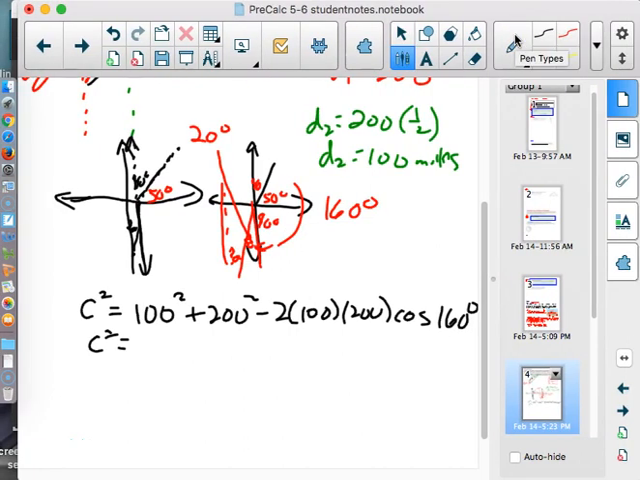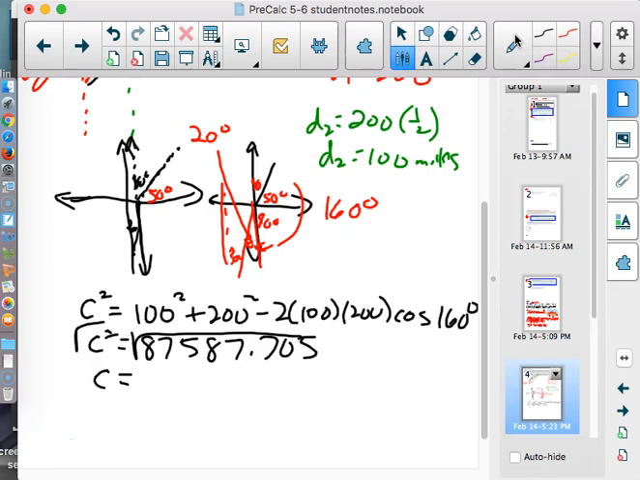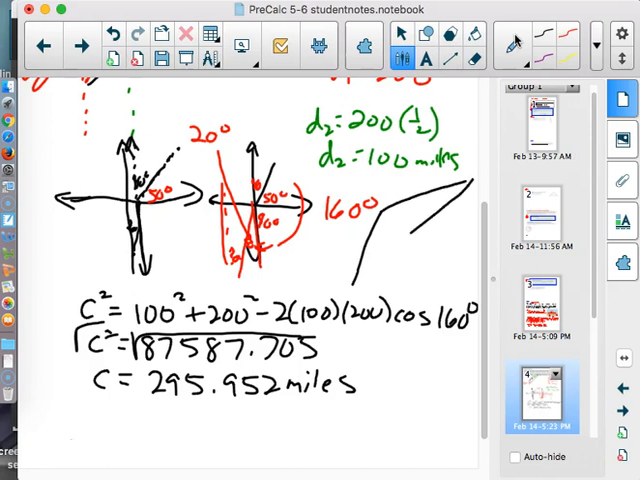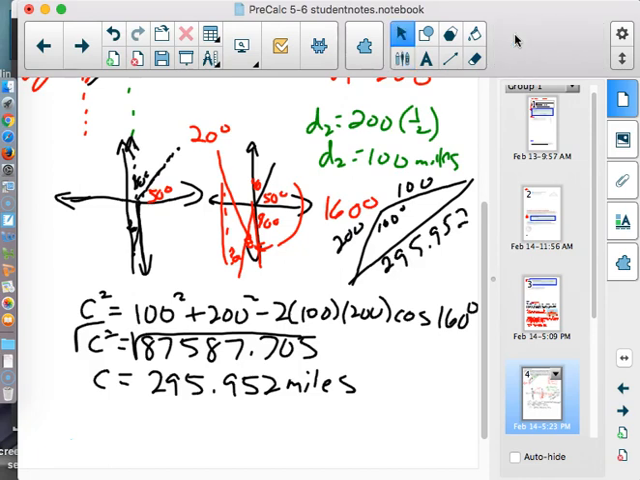And we had c squared at 87587.705 approximately, to 3 decimal places. And then when we took the square root, 295.952 miles. So we have our triangle with 160 degrees right here, our 200 and our 100, and now we have the 295.952 miles. Now, a good thing to do at this point, because there are more questions behind this one, would be